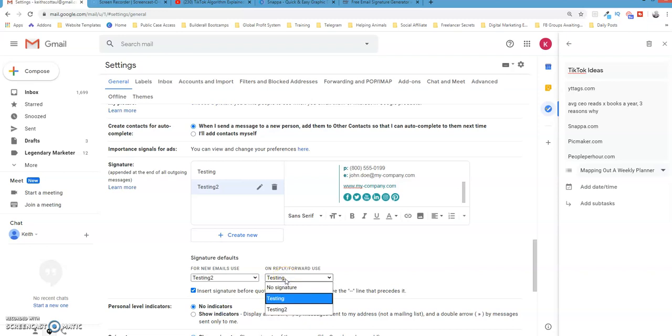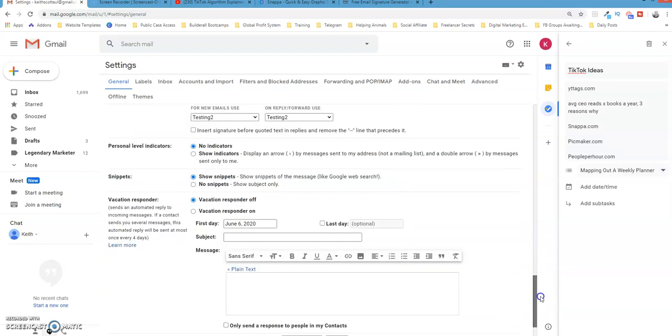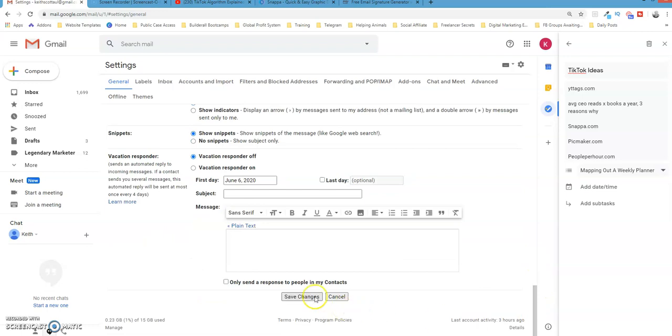And if you want, let's say when you reply to an email in Gmail, do you want a signature attached to that reply or not? So that's your option. I'm going to select yes down here. And then down here, it says insert signature before quoted text and replies, and then remove the dotted line. So whether or not you want to include the signature before the quoted text in a reply, you can check mark this. And then all you have to do is come down here, click save,